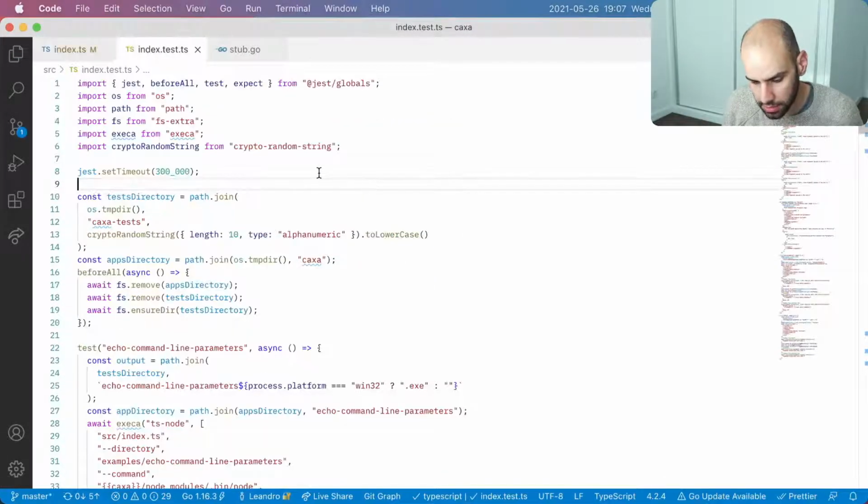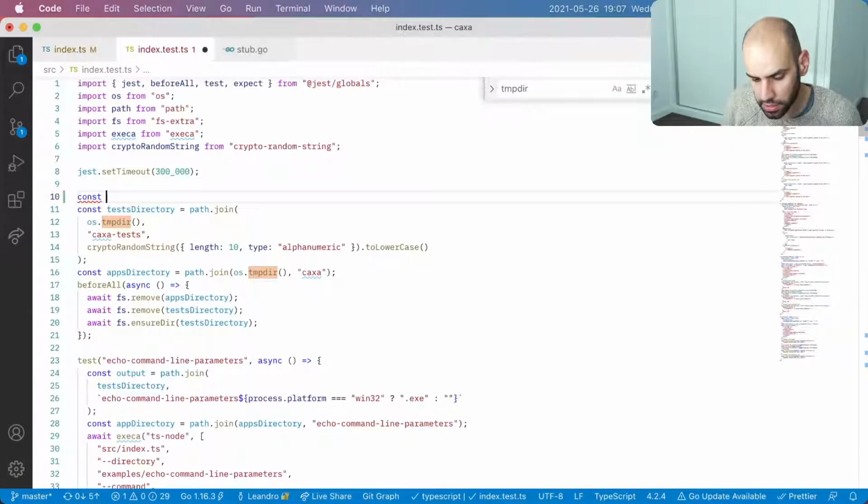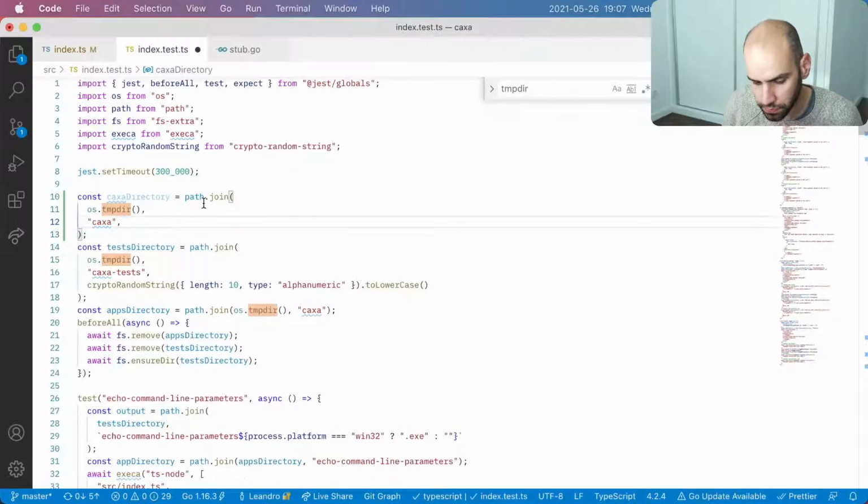Here on the tests, let's look for all occurrences of temp0. In the tests directory, there is an occurrence, and in the apps directory, there is another occurrence. So I guess now the thing that I'm doing is effectively to introduce a Kasha directory, which is similar to this, but different, because the Kasha directory is just that.